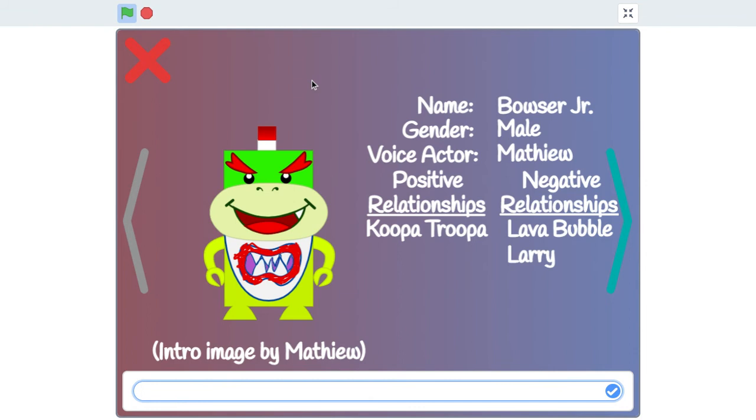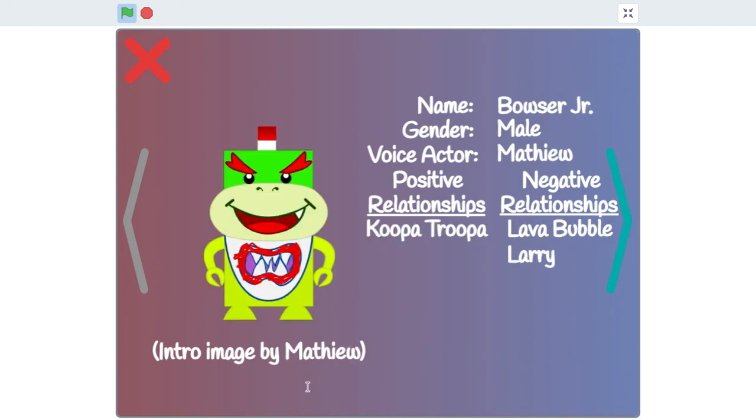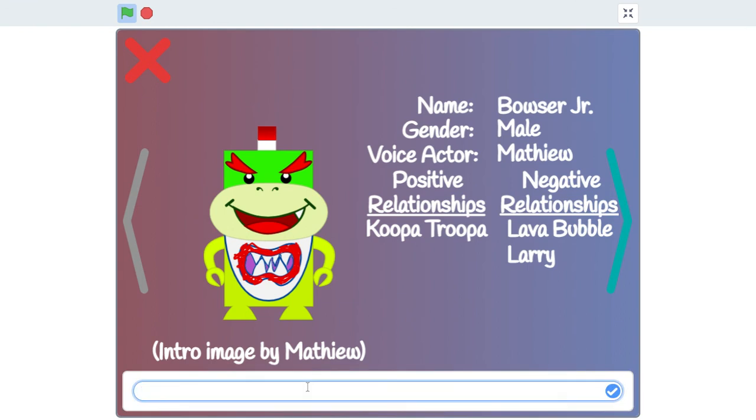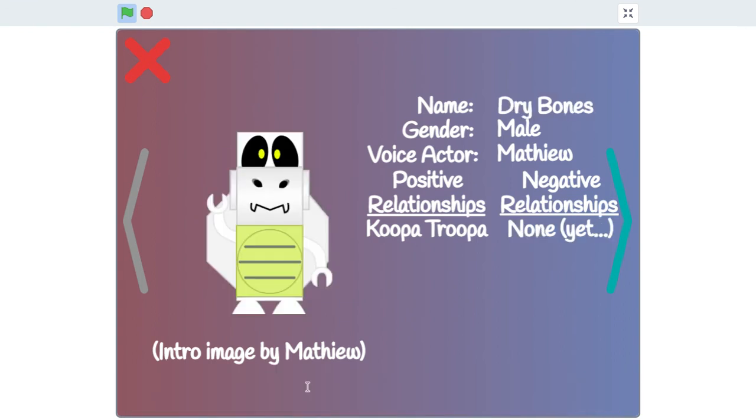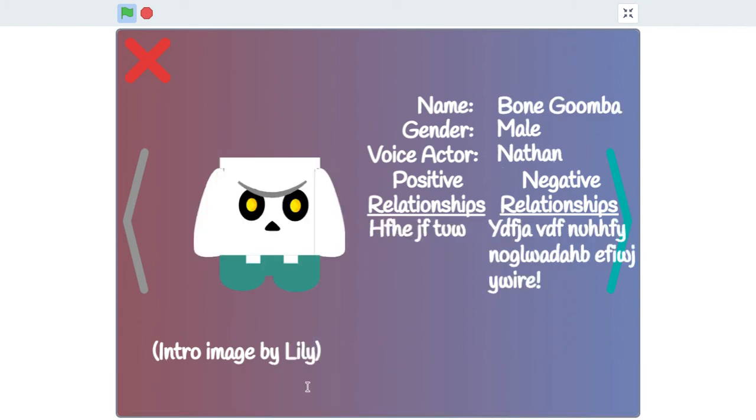Now, I typed Bowser Jr.'s name perfectly there, but because of the system, if I switch over to someone else and then type just bowser jr, this time it's lowercase and it's missing the dot, it still works. So now, if I type Dry Bones, or even just Bones, it will go over to Dry Bones. But don't type Bone, because that will also go to Bone Goomba,